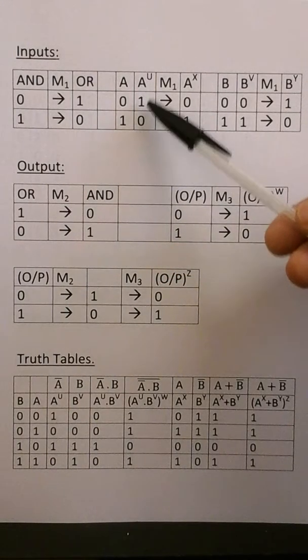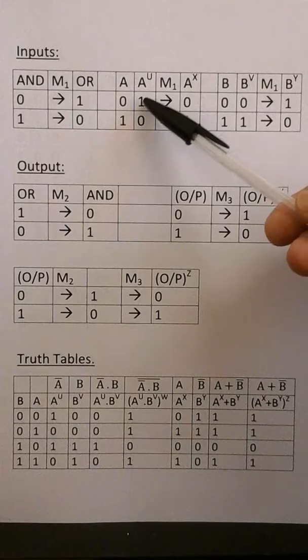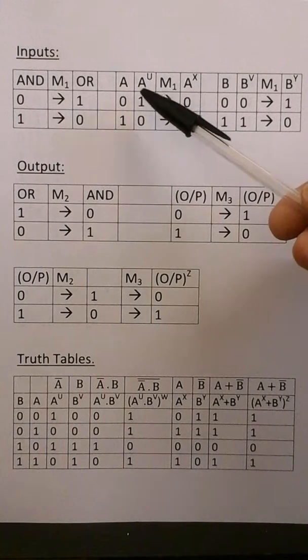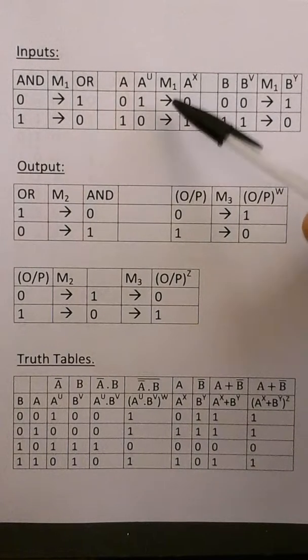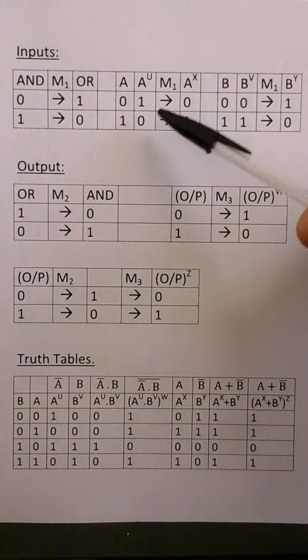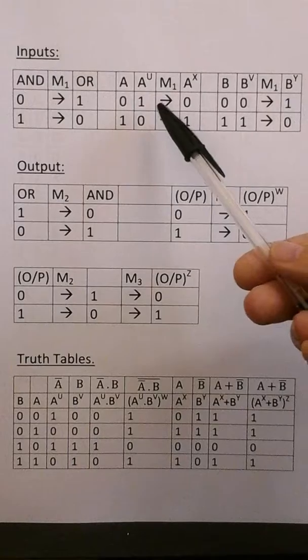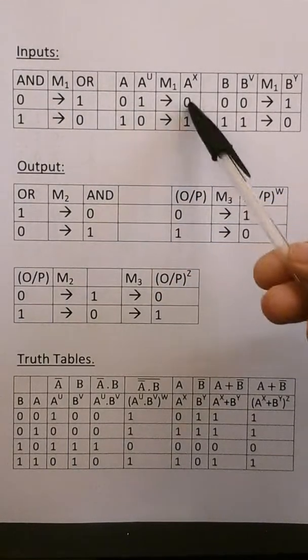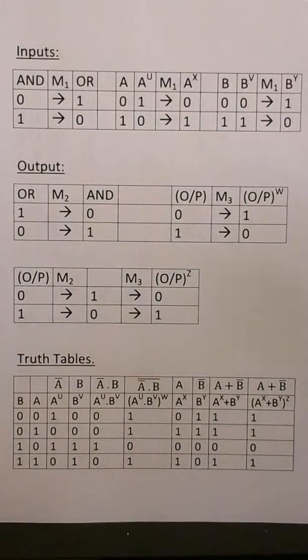So AU is not A. So we take the mapping M1 here. 1 goes to 0, 0 goes to 1. BV is B, so M1 goes from 0 to a 1 and 1 to a 0 to give BY